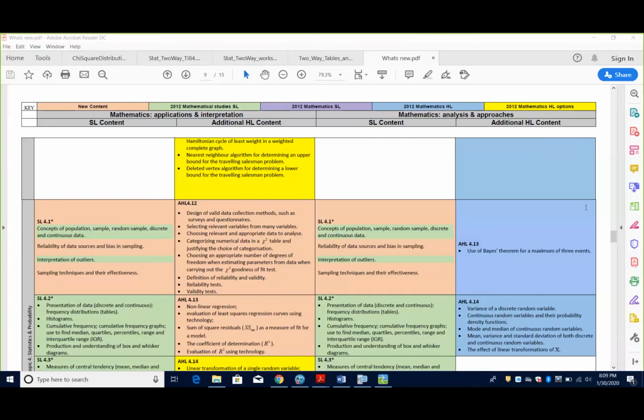So what you see up here, and I'll give you the breakdown of what this means. You'll see up at the top it says key. The peachy color is the new content. What they tried to do is take topics that are currently in the studies, SL and HL, and even the further mathematics courses, and sprinkle them into these 4 new subjects.